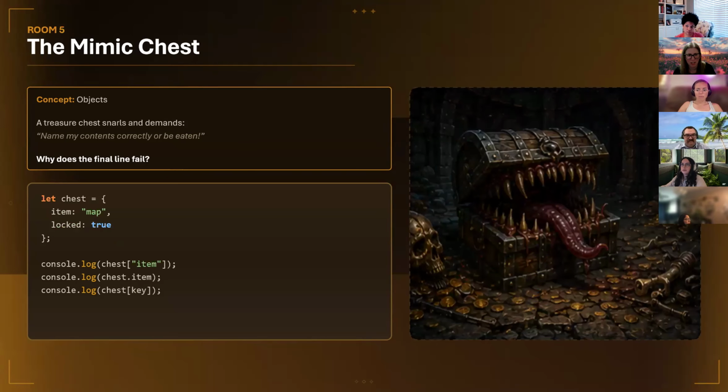Okay, so next one, we have the mimic chest. No good D&D battle is complete without a mimic. Here we're going to go over objects, which is one of our data types, right? Has the key value pairs. So a treasure chest snarls and demands, name my contents correctly or be eaten. Why does this final line fail? I mean, it's pretty obvious why, but